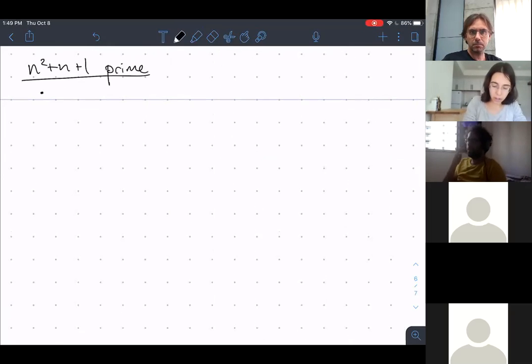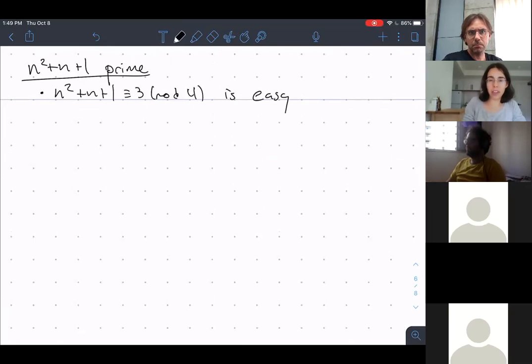So the case when n squared plus n plus 1 is a prime that's 3 mod 4 is easy. And it's easy for the same reason that the case when n squared plus n plus 1 is a prime that's 1 mod 4 is hard, which is basically quadratic reciprocity. So quadratic reciprocity implies that